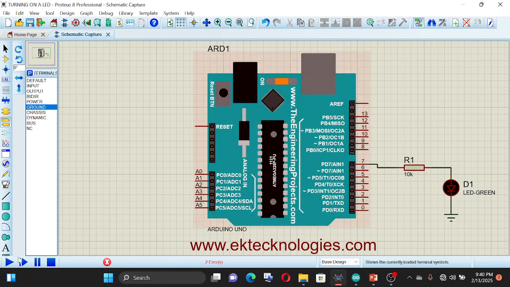After doing so, we simulate. You see that the LED has not been turned on or is not shining, but the terminal of the microcontroller at pin 7 is showing a high state, which is red, signifying a high state. This is so because the value of this resistor is very high, limiting the amount of current flowing to the LED. So for this LED to shine, we are going to calculate the value of the resistor.